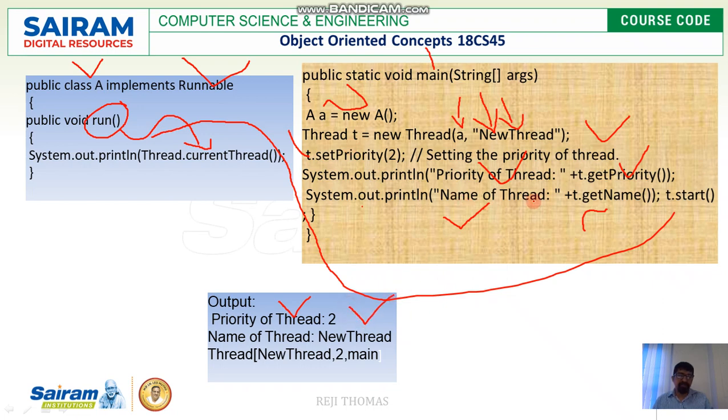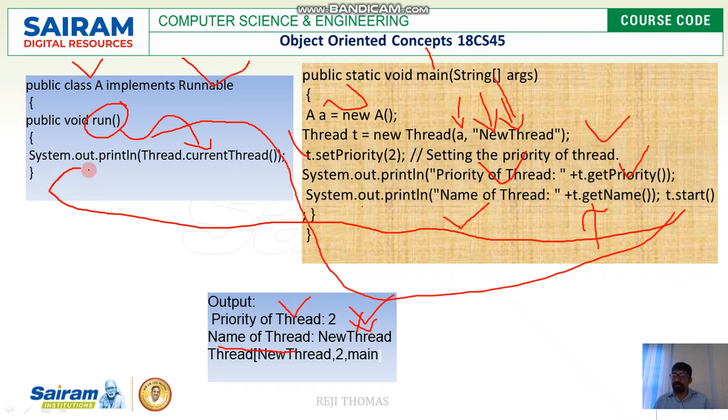Then we have the name of the thread, which is going to print as it is. I changed its name from main thread to new thread, so I'll be getting it as new thread. Then we have a start method. Start calls the run method, where I've got a print method again, and what this print method is going to do is print the current thread. And what is my current thread? Which is again thread, new thread, and its priority is 5. And please remember, this is about the main thread, where we have not changed its name.